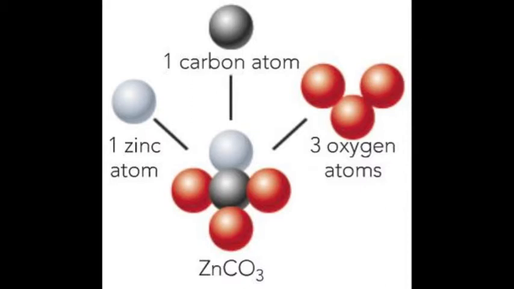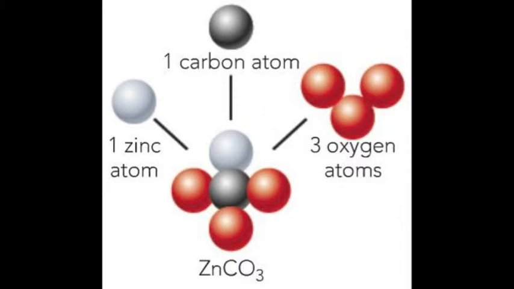Substances are made of atoms. An atom is the smallest part of an element that can take part in a chemical reaction. A compound consists of the atoms of two or more different elements chemically joined together. The chemical formula of a compound shows the symbols of the elements it contains and the ratios in which these